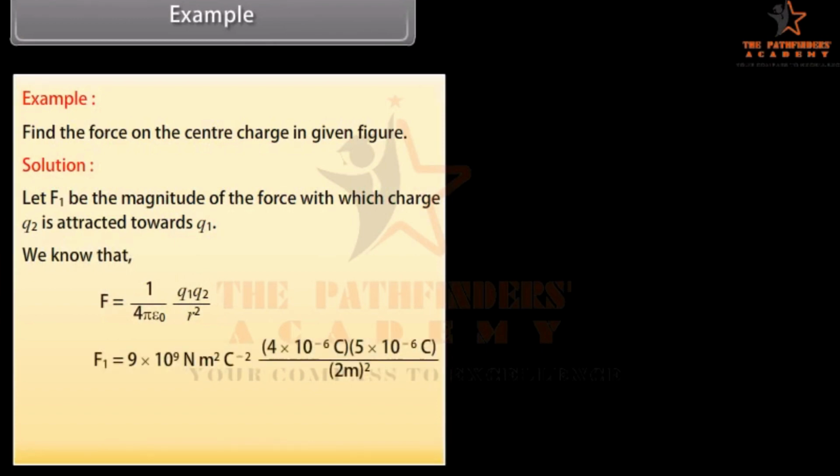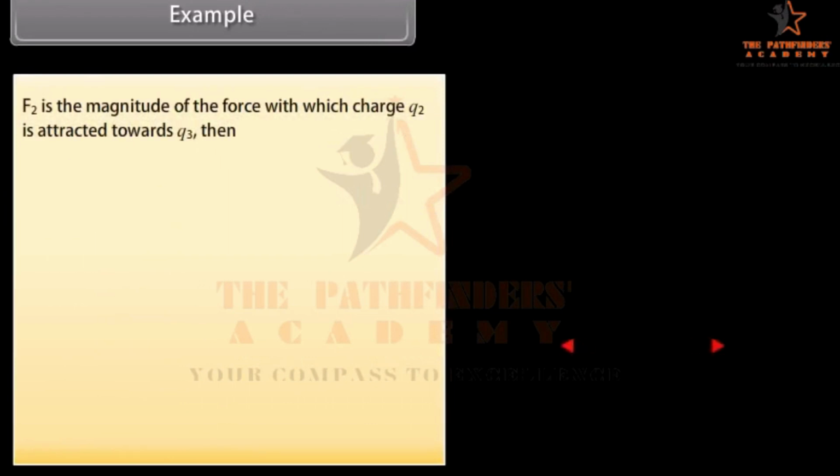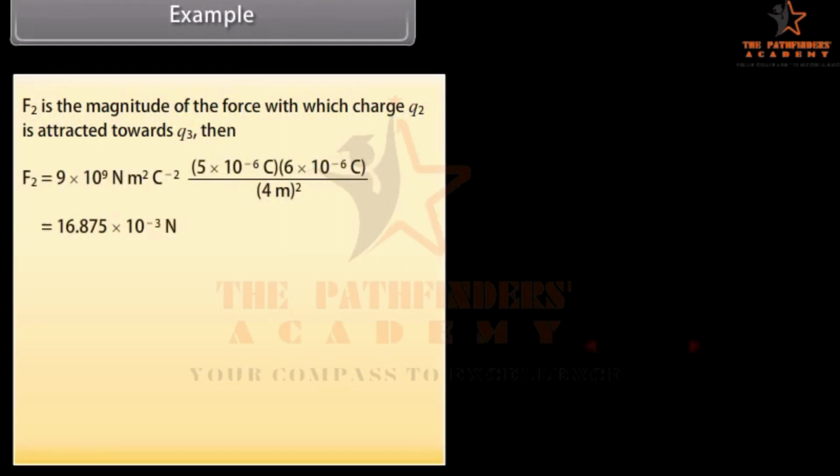Put the values in this equation. We get F1 is equal to 45 into 10 raised to the power minus 3 Newton, which is equal to 0.045 Newton. F2 is the magnitude of the force with which charge Q2 is attracted towards Q3. Put the values in the above equation. We get F2 is equal to 16.875 into 10 raised to the power minus 3 Newton, which is equal to